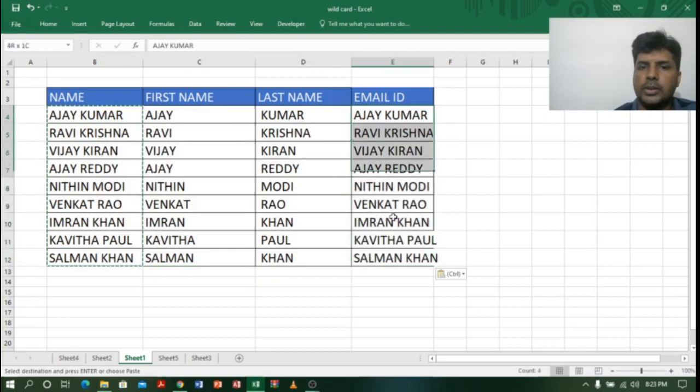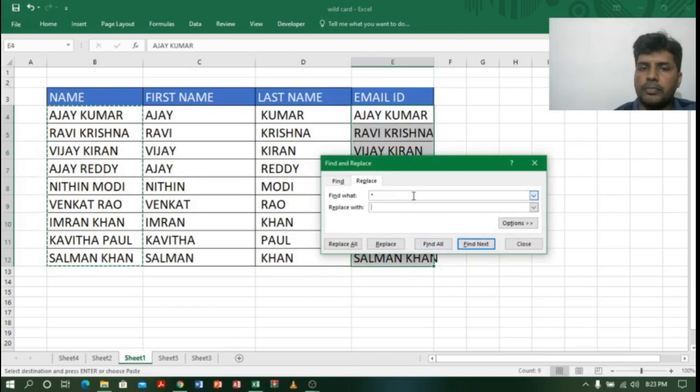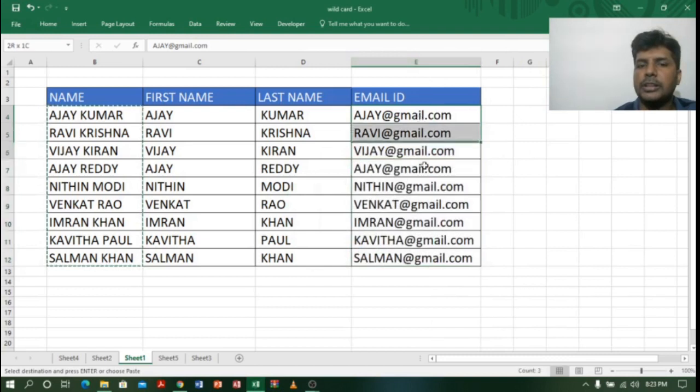Again I will select it and press Control H. Again same, I type space asterisk symbol, which means the last name should be gone and I keep the first name, and with the first name I want to add gmail.com. So I want to replace it with gmail.com. I'll say replace all. Now you can see I got all email IDs. Nice, right? All these magics we can do with the help of wildcard.